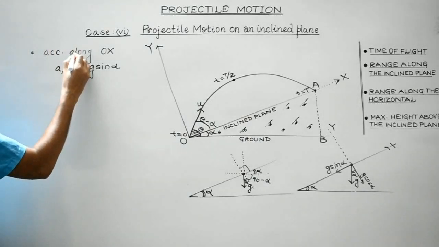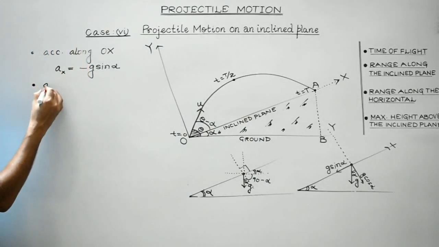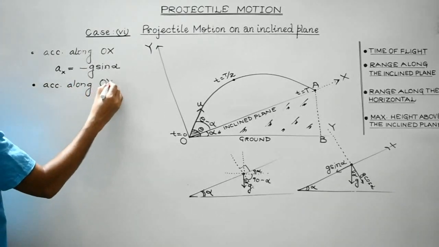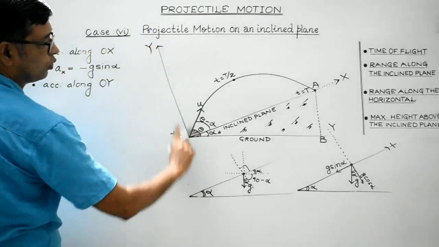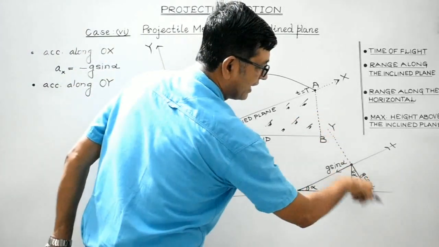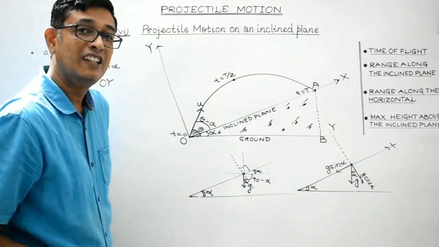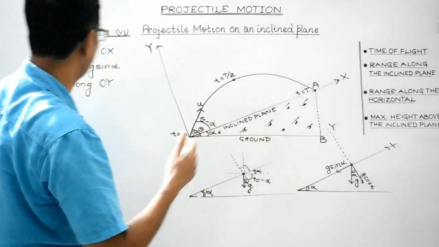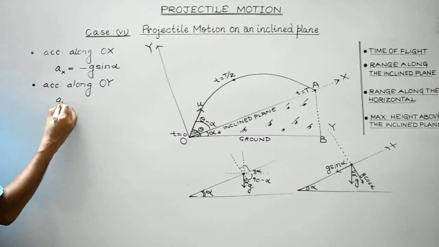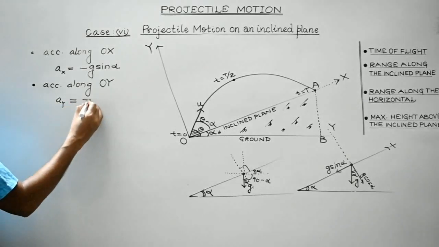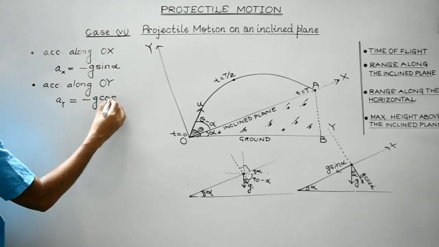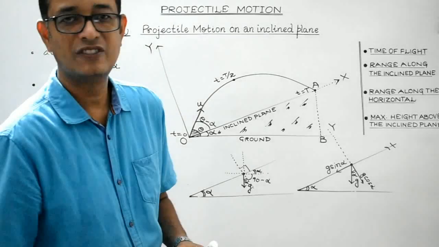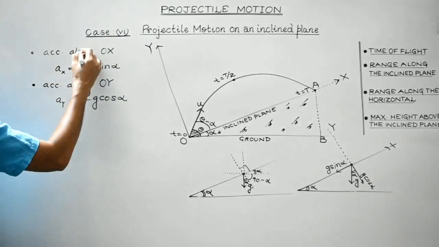Okay, similarly, second point, acceleration along OY. Now, acceleration along the negative y-axis is G cos alpha. Therefore, acceleration along the positive y-axis would be minus G cos alpha. So these are two very, very important points to be noted down, right? Okay, now